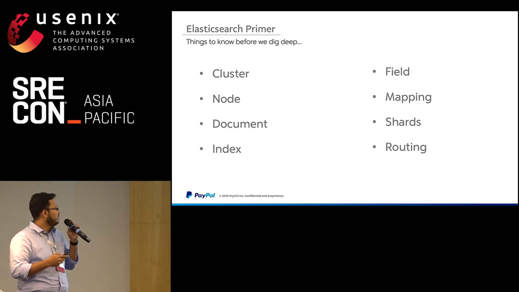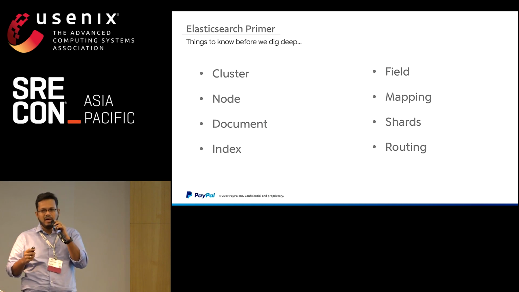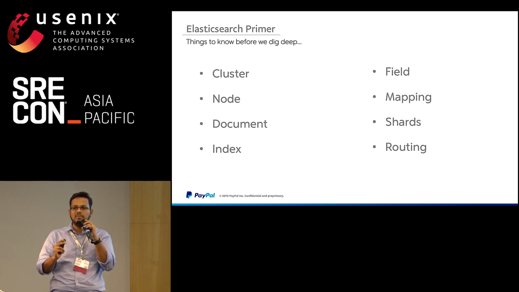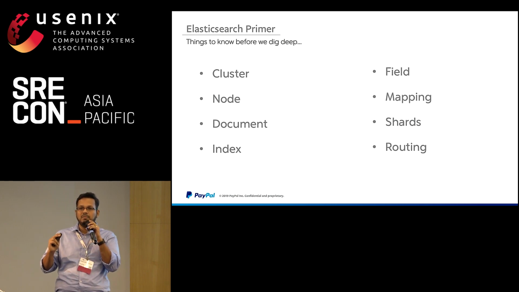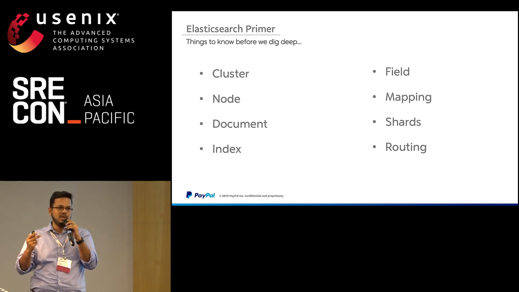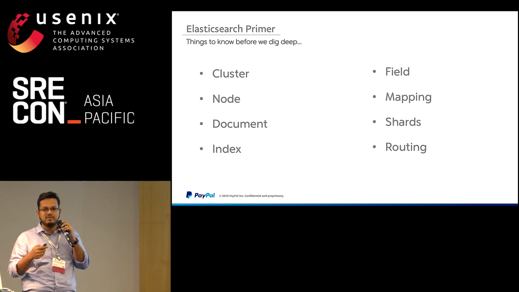Another thing you should be aware of is something that we call routing. At production scale, this is something that will really come in handy. So like I said, you can pump huge volumes of data into Elasticsearch, and that will distribute this across the cluster evenly. The way it does it is by something that we call routing.